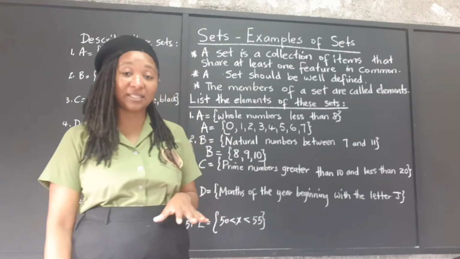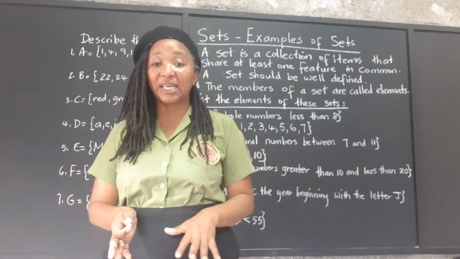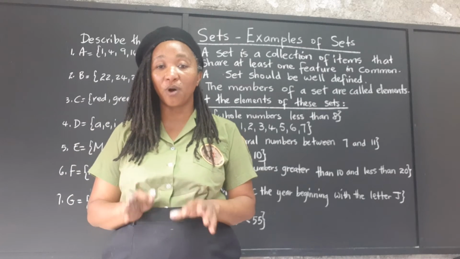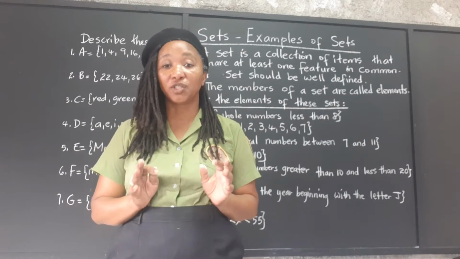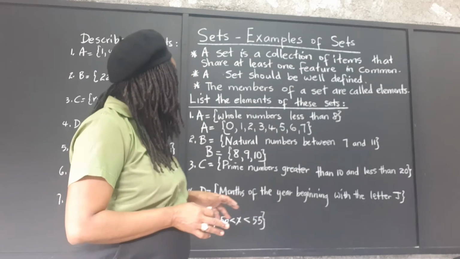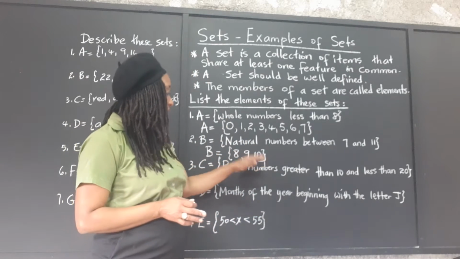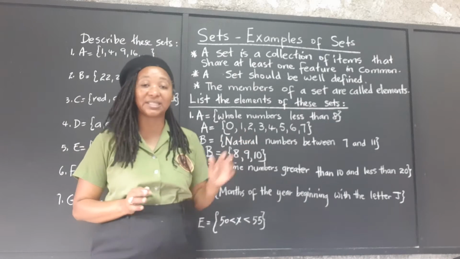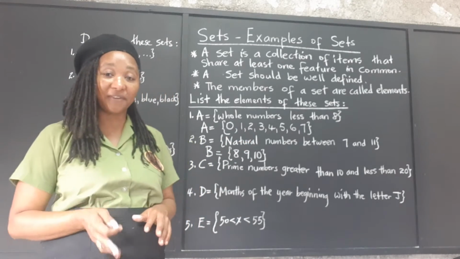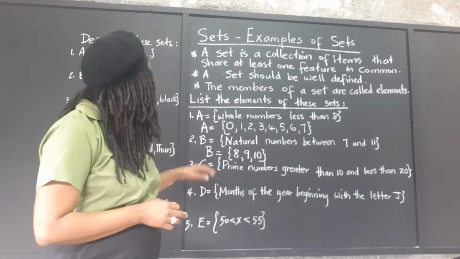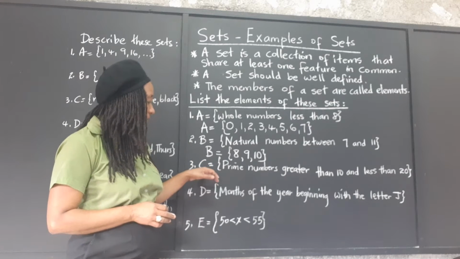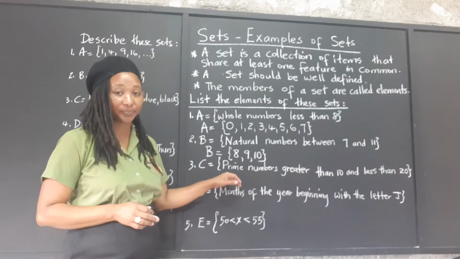Very well defined, very specific. They tell us exactly what they want the elements of this set to have in common. What these numbers have in common, they are the natural numbers between 7 and 11, very specific. Set C, prime numbers